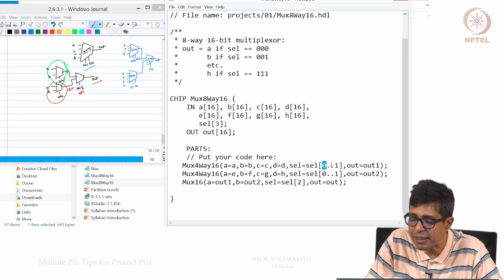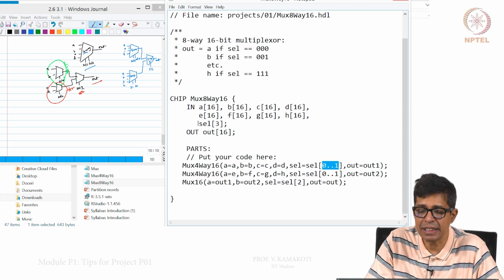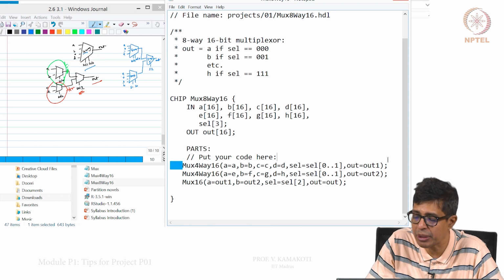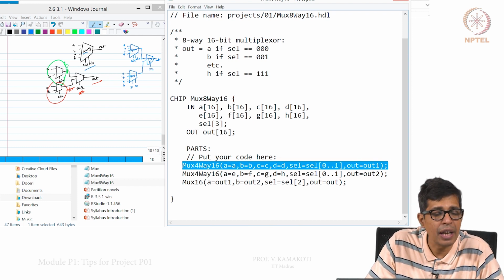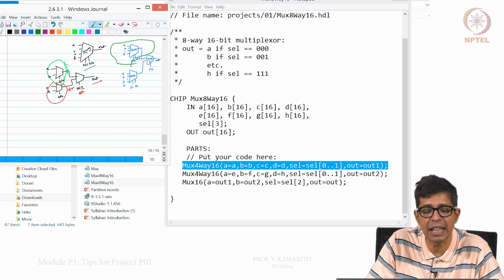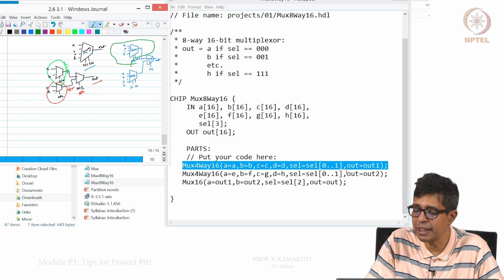This is called part select. Select is 3 bits, but I want to use only select 1 and select 0 here. So, I need select 0 to 1.